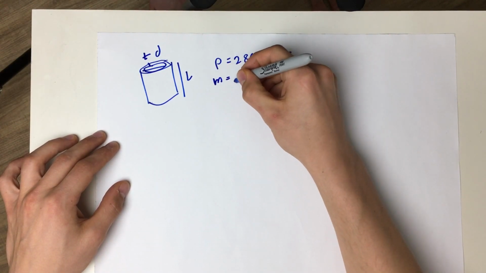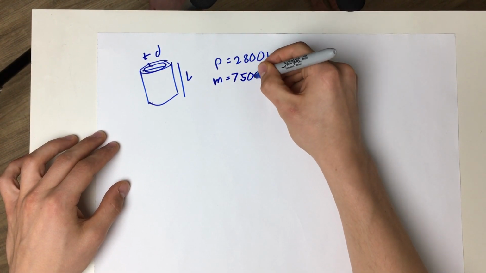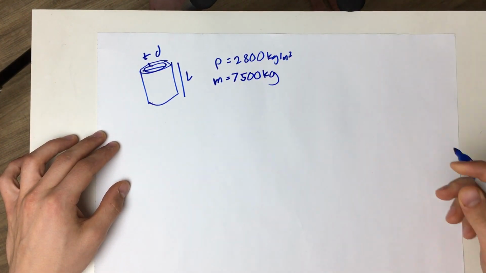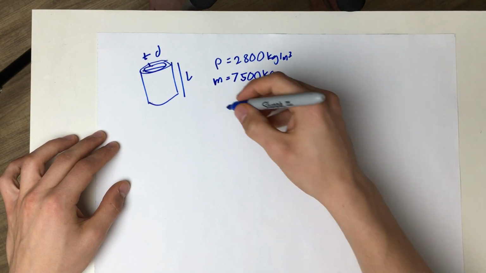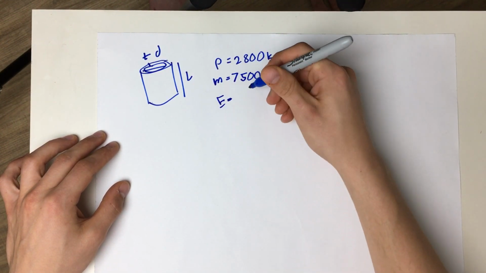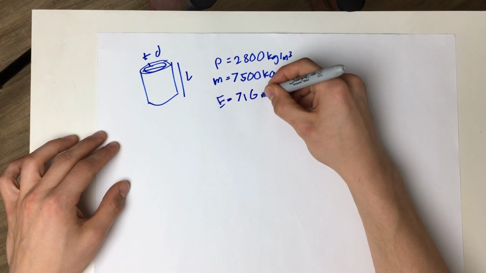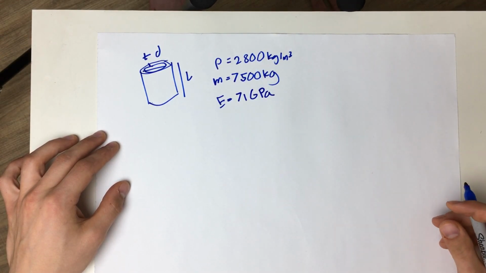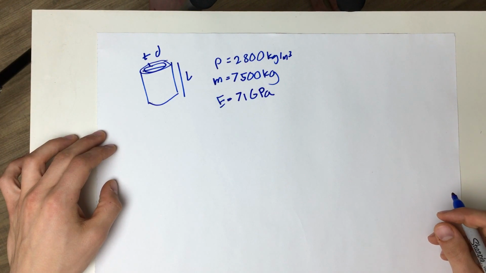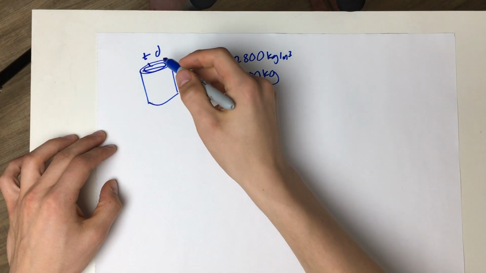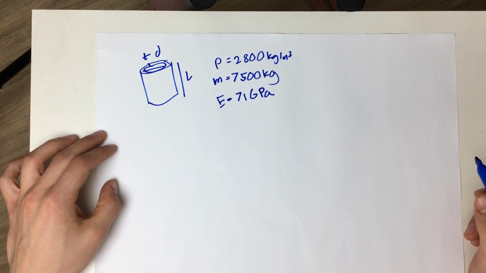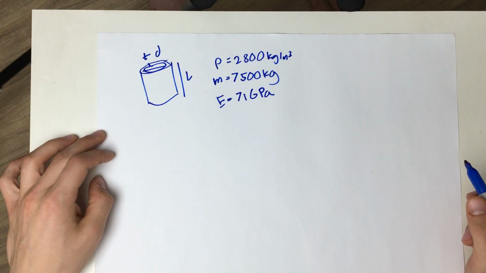Let's say we know the mass already, 7,500 kilograms. And oh yeah, we know the Young's modulus of the material. So let's say that's about 71 gigapascals. Okay, so we want to size the thickness of the cylinder, and the first thing we have to do